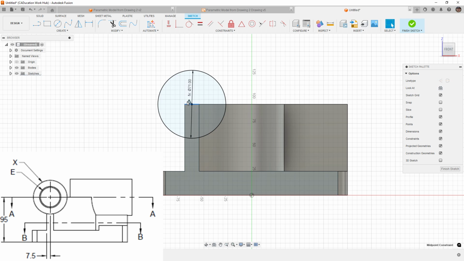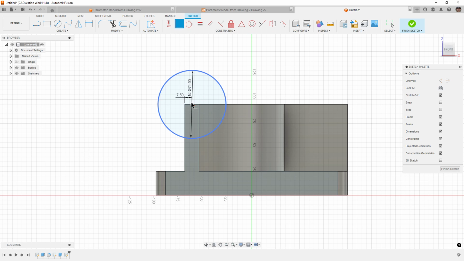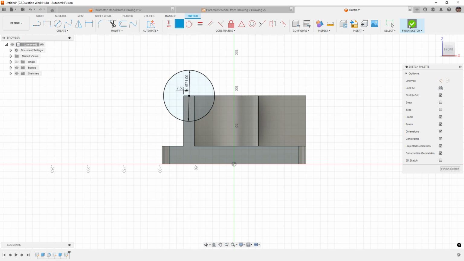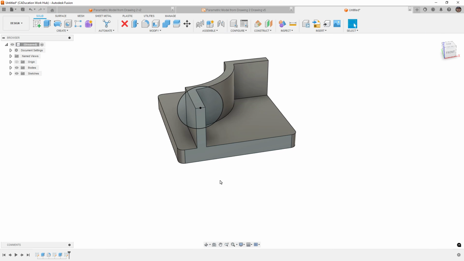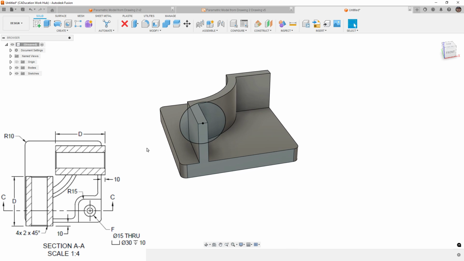If you didn't want to use this midpoint relationship, all we really need to do, let's go ahead and just move this out of the way, is add a dimension that is 7.5 millimeters from the side, and then make sure that this point is coincident with the top. That would lock it in. So again, you have to think about these things when you're trying to model something from a detailed drawing. Do you want to use those exact references, or are you going to take basically some liberties with the design